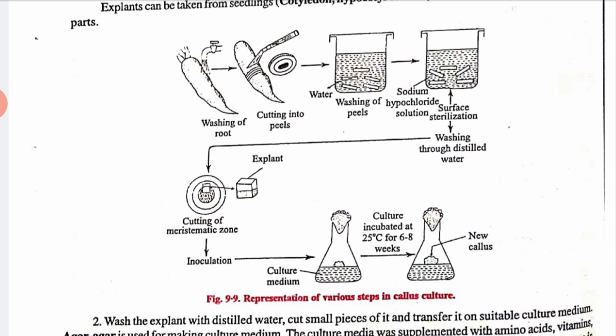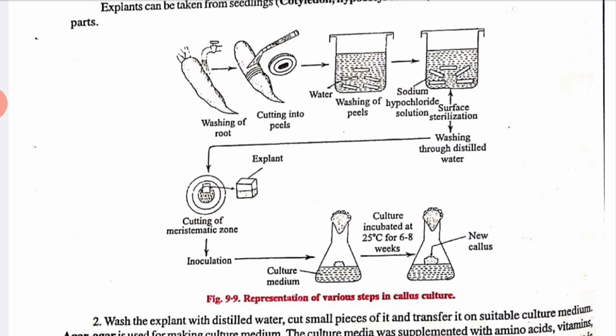Again, the next process is known as inoculation. Inoculation is that whatever the medium we have made, according to the culture medium, we will put the piece inside the medium. And we will put cotton so that air will not go outside or come inside. Okay, so we will keep the piece in culture for maybe 6 to 8 weeks at a temperature of 25 degrees Celsius. This is known as culture inoculation. Okay, at 25 degrees Celsius.